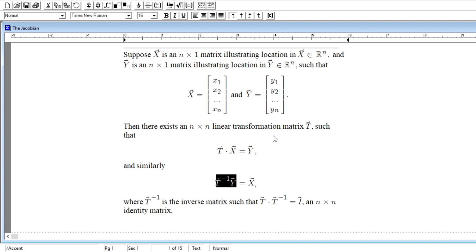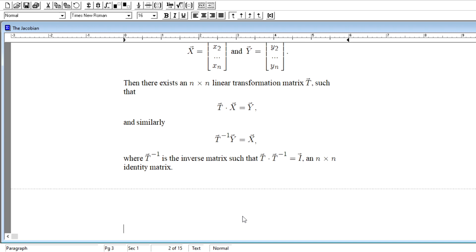What we're using these matrices to illustrate now is location in n-dimensional space. And what we are using here is this process of matrix multiplication with this transformation matrix and our description of location in one of those spaces to produce these descriptions of location in the other space. All right? So what we have is this setup,